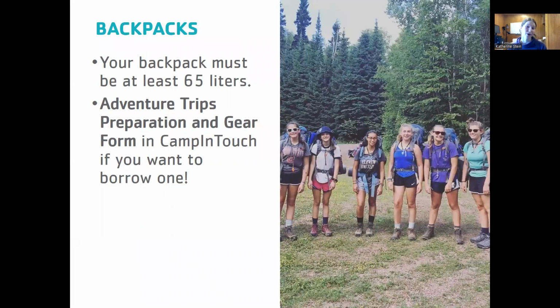Every camper on Isle Royale backpacking also has to have a 65-liter hiking backpack. It's really important that it's specifically a hiking backpack, as you want that hip strap to help relieve the load on your shoulders and funnel all that weight down through your legs and into your feet. Camp Echo can lend every camper a 65-liter backpack this summer. Just make sure to request it when filling out your adventure trips preparation and gear form in your Camp in Touch account. If you've got any questions about backpacks, feel free to email me at